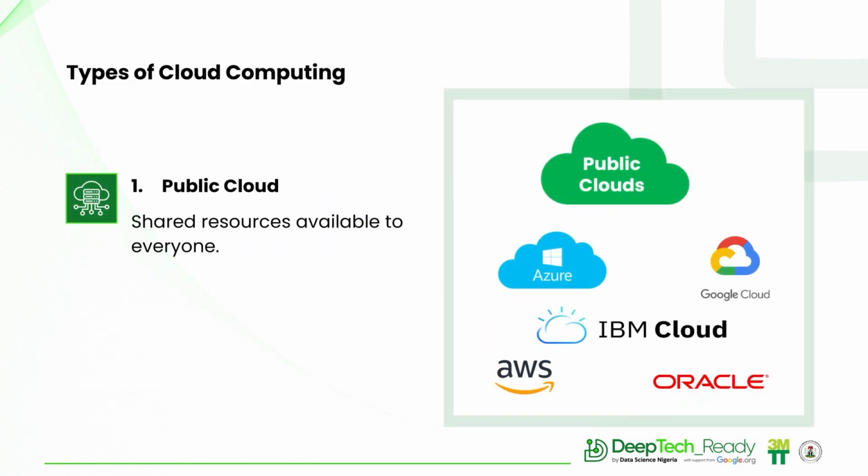In public cloud, resources are shared and available to everyone. There are resources, they are being shared, and they are available to everyone. It's like renting an apartment in a big complex. If you rent an apartment in a big complex, it means possibly the big complex has 100 rooms. You are only occupying 1 room. Okay, there are 99 other people that are also using the same infrastructure. That's exactly what public cloud is about.